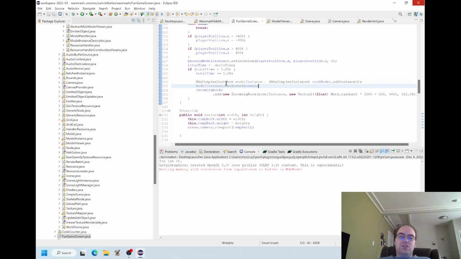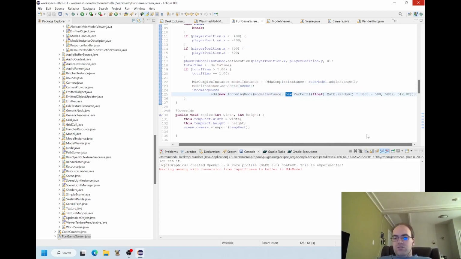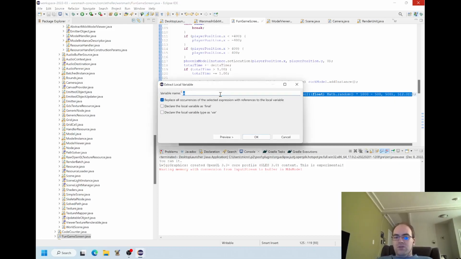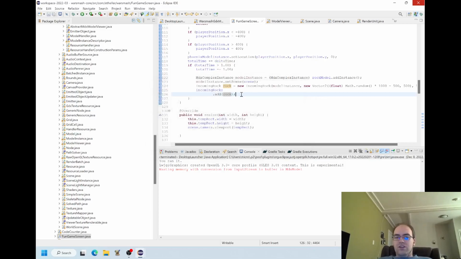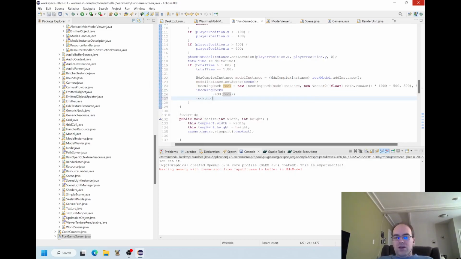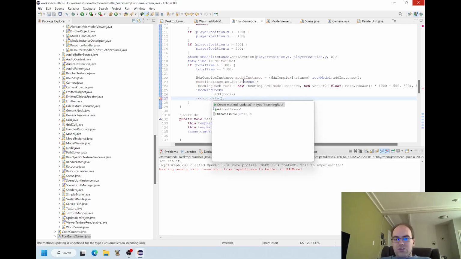But now what? Now will we see it? Will we actually see the incoming rock? And I think realistically that we probably will not, because there's a couple things going on here. But first off, there is this concept of the vector that represents the position of this incoming rock. But basically, let's call it the rock. I think that rock should have a rock.update method, and we're going to have to call that in updates as well as when it's created.